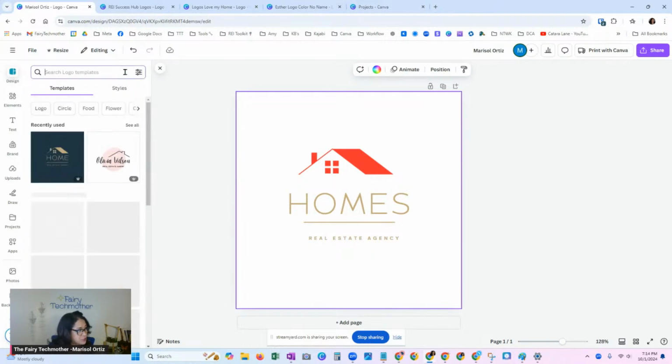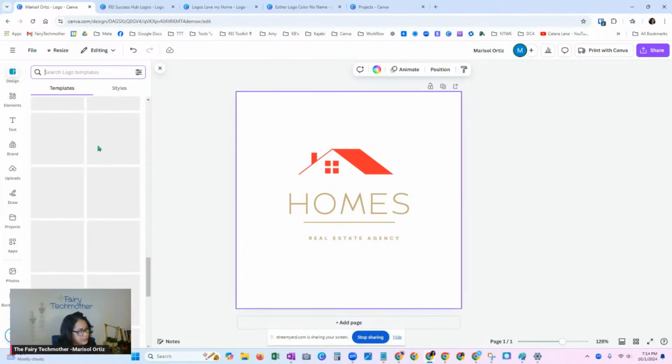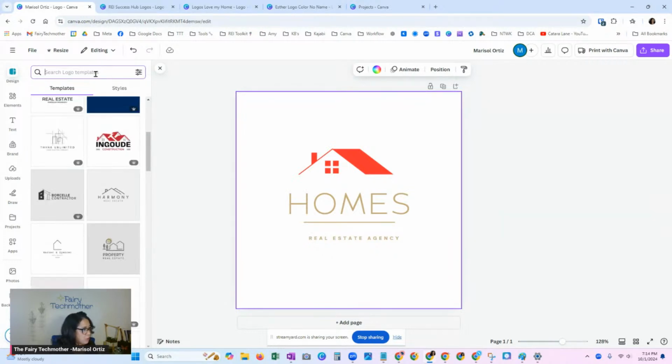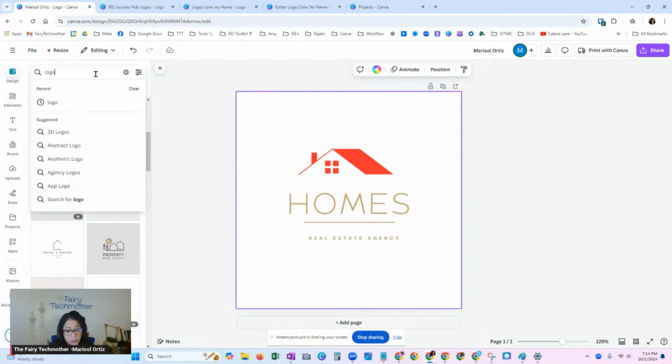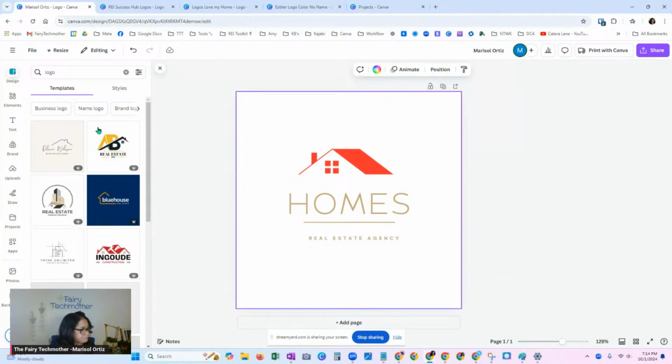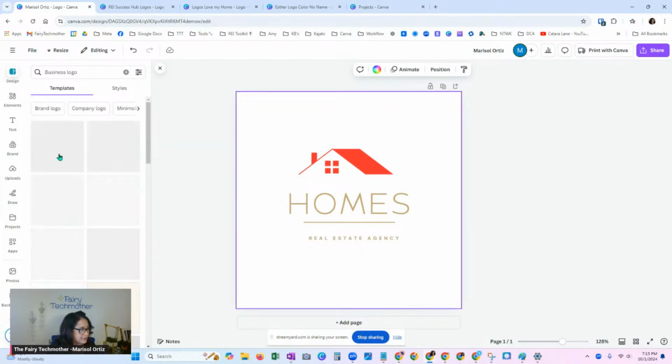But I want to show you some other features that most people don't really realize that they have the option of. Most people just click on logo and then you just kind of scroll through here and you pick one, you change the name, and that's it. But if you go through here and you just type logo again, we're just typing logo because that's what we're working on right now. And I'm hitting enter. And then you're going to have some other options if you want to help narrow it down. You're doing a business logo, it's going to kind of change your design.